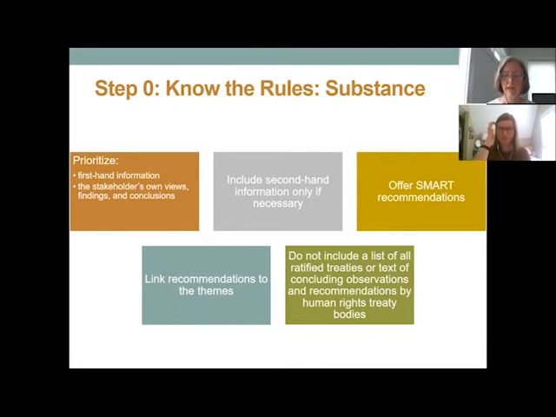Yeah, I'll add with respect to themes, the Office of the High Commissioner for Human Rights has come up with a long list. I think it's more than 40 different human rights topics that come up in stakeholder reports. And so if you look at our template, we've included all of those potential themes as possible subcategories you can use. So the death penalty is one of those, and that's pretty obvious. So you would just reference that theme. But there are also separate themes on detention conditions, use of torture, fair trial and due process rights. So if you can replicate the same theme titles that the OHCHR staff are used to seeing, that will make it easier for them to take your report and include it into their summary report as well.